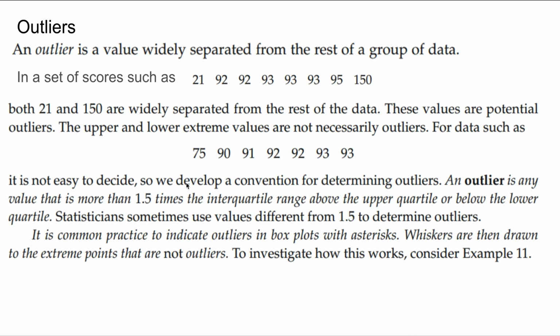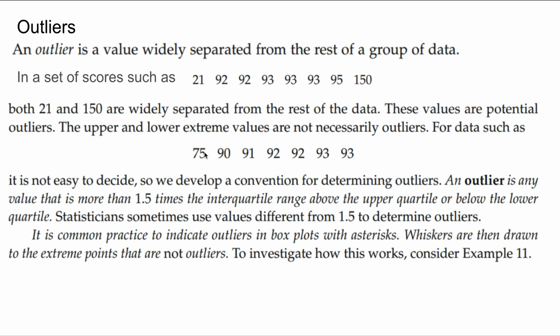Okay. So we call that potential outliers, but we're not so sure whether they are actual outliers yet. Okay, the upper and lower extreme values are not necessarily outliers. Sometimes, like this one, 75 and 93, yeah, easily we can say that, well, maybe 75 is, but I'm not so sure. So how can we